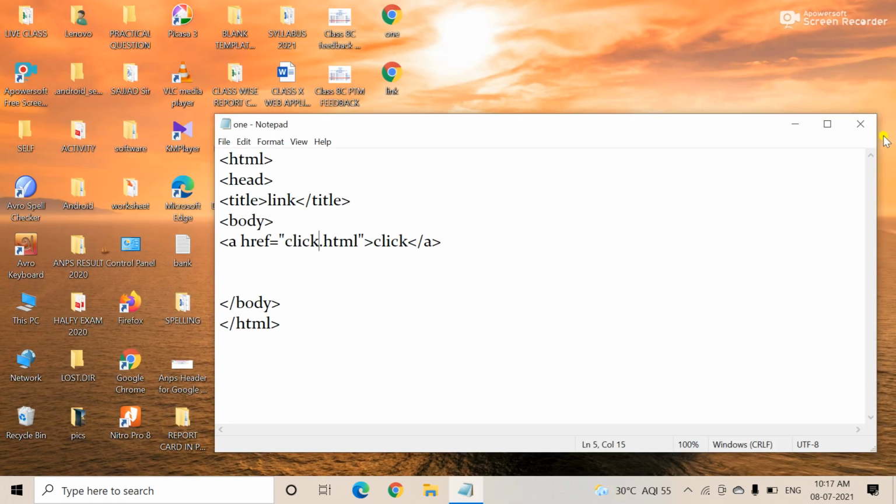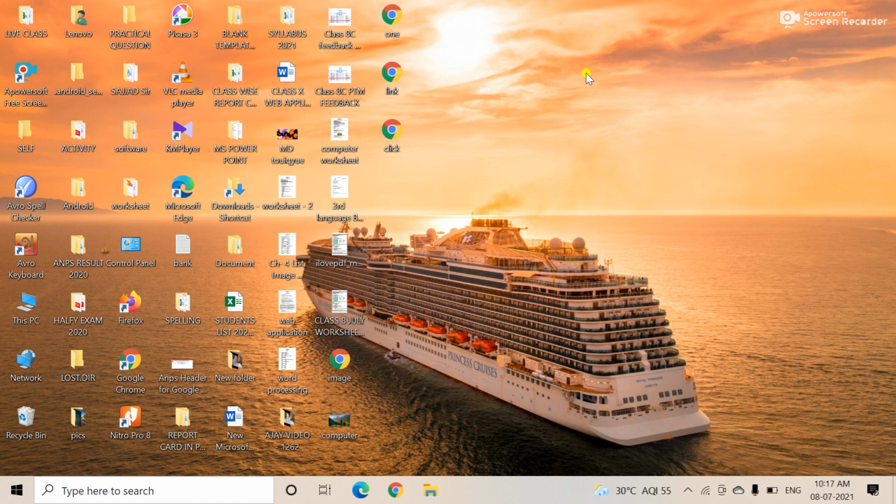It is very tough and very important. See, this is my first file. This is the hyperlink. When you click, the color is blue. I already told you, one page is open. Again you come back here. We learned there are three types of links. The first one is link, the second one is v link, and the third one is a link.